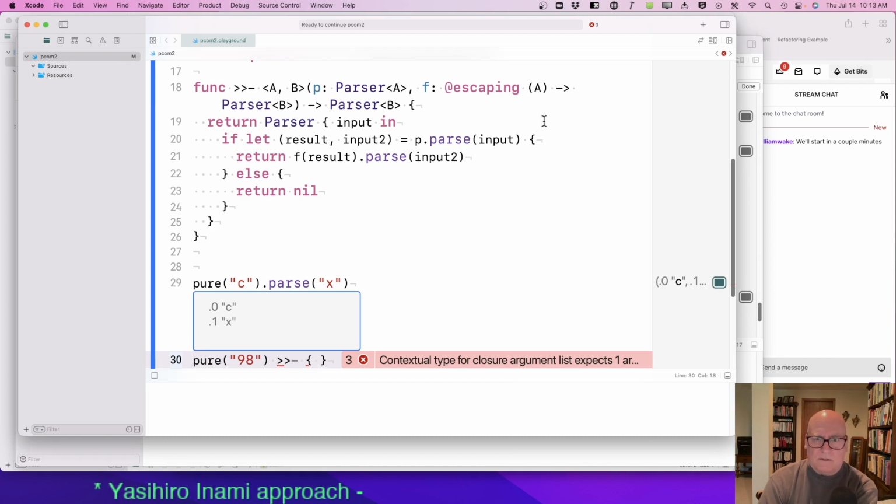We want to go from a string to a parser. Let n equal int of $0.